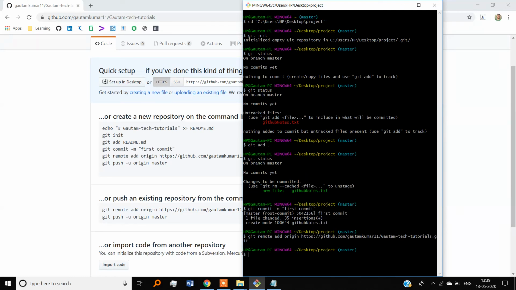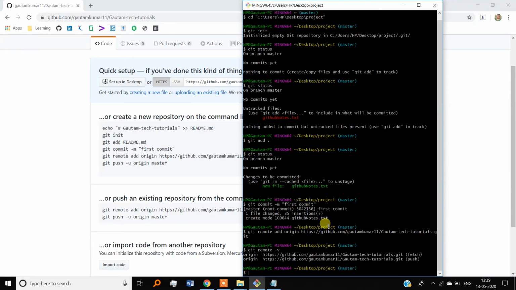Now you can check git remote. It is telling us that the repository is added to the git origin, and we are ready to fetch or push projects. So we will do it now. Type git push origin master.